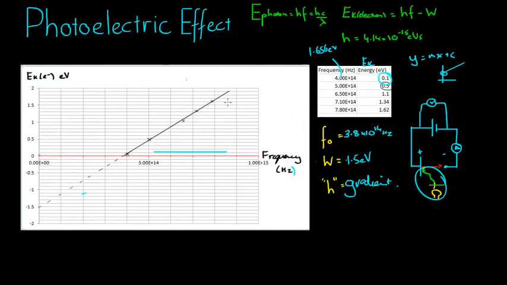And finding the gradient is the same as finding the rise over the run. You take 2 points that are on the line. I think I'll take that one and that one there. So the coordinates here are 7.8 times 10 to the 14, 1.62. And the coordinates here are 5 times 10 to the 14, 0.5. So the gradient is equal to rise, 1.62, take away 0.5, over run, 7.8 times 10 to the 14, take away 5 times 10 to the 14, which is equal to